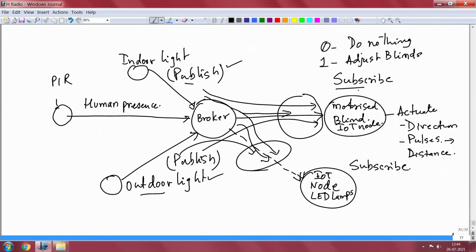But look at what happens to the IoT node LED lamps. Outdoor light has failed, the same situation happens here also. For the LED lamps IoT node, outdoor light has not reached, indoor light is there, human presence has come, but no outdoor light recording is available.